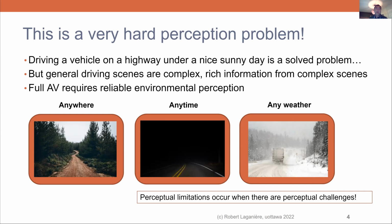So you have to be able to perceive the environment under any type of condition. Could be even under difficult weather condition, any time of the day, during the night. There are cases where the perception is really easy, and in those cases, you can solve the autonomous vehicle problem. But in general, in order to be able to drive our vehicle in any condition, we require